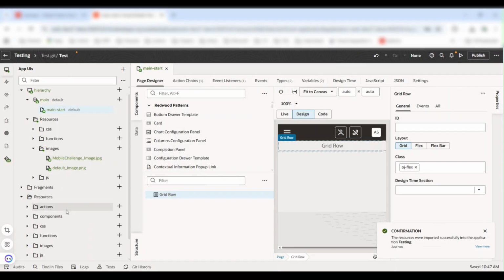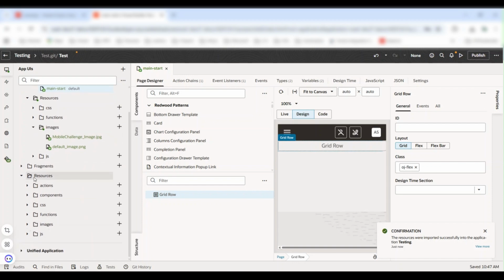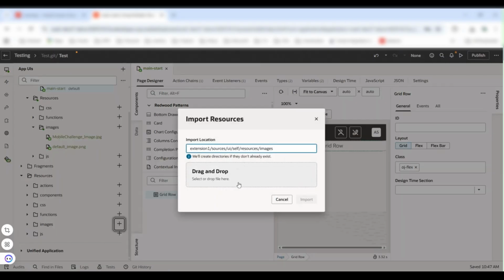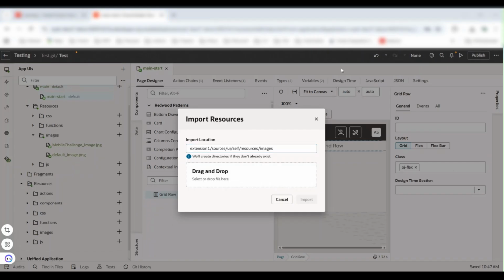In the same way, I will upload all those images in the global resources area also. Let me click on plus, then drag and drop, and upload the images. While importing to the global resources folder, you can observe the path changes: extension 1, sources, UI, self, resources, images.